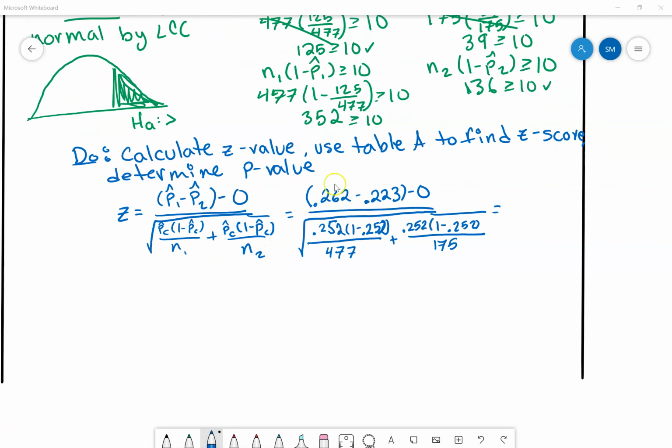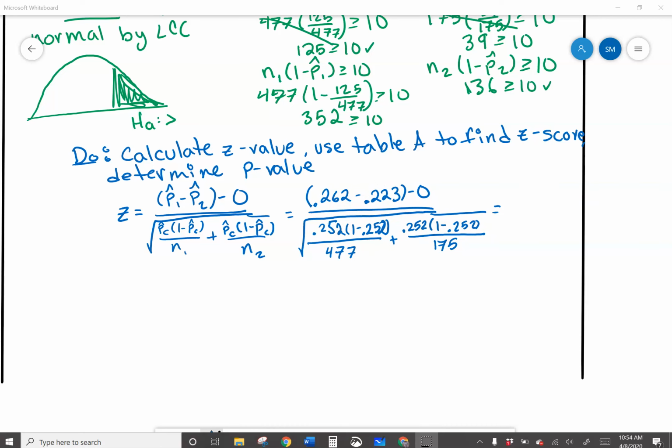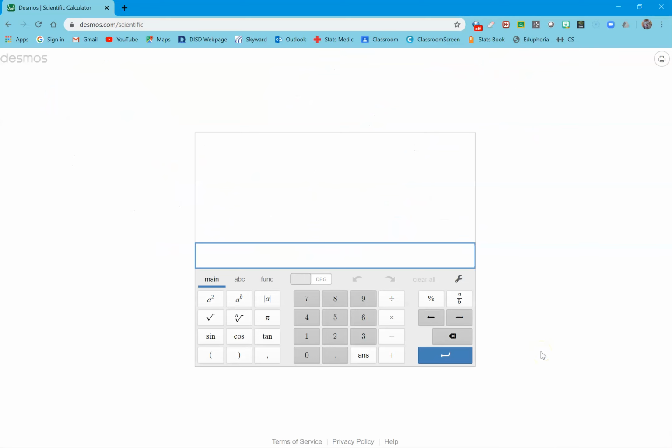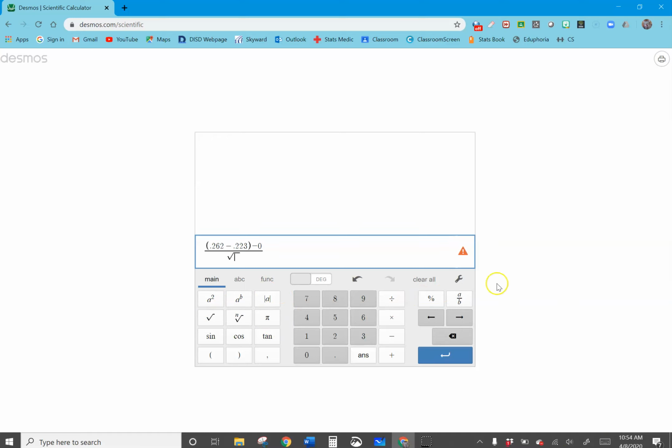Okay, so here are my numbers. I have p sub 1 minus p sub 2 divided by all that super fun stuff. Notice that everything is still underneath these square roots, so that way whenever we type it into Desmos, it's quite simple to do. We start with a fraction. So 0.262 minus 0.223 minus 0, which doesn't change anything, divided by the square root of a fraction,